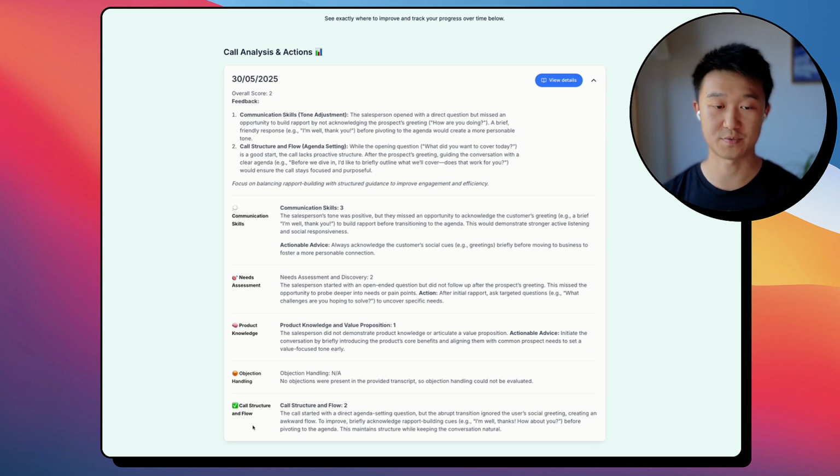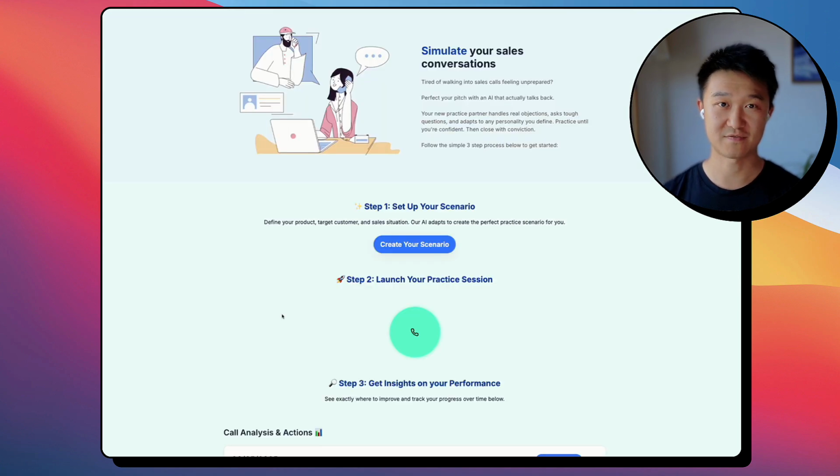And this, of course, also leads to an opportunity to repeat the same sales conversation, taking into account the feedback. And so over time, you get to a much more refined sales pitch. And so that means that you can just go into that first sales conversation feeling much more confident, knowing that you've had the practice. So that summarized the features of Coachify, an AI sales coach.